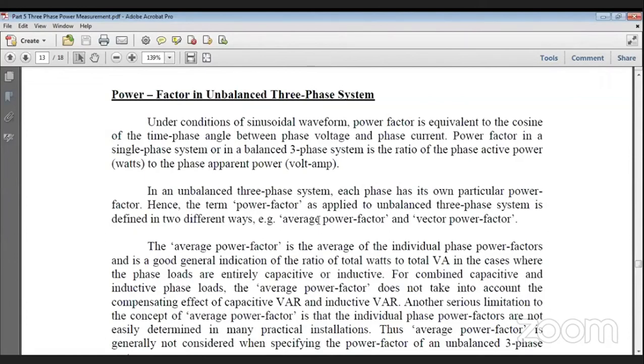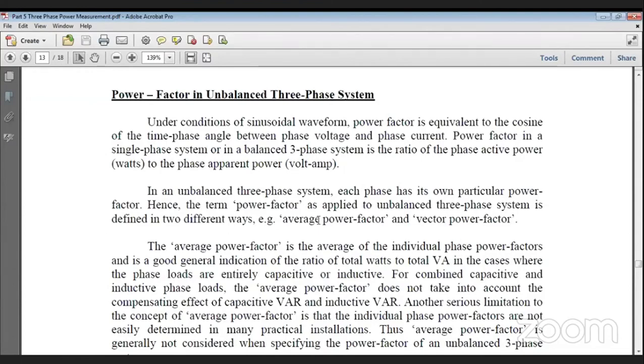And when reactive power is 0, the voltampere and active power are equal, because voltampere is the square root of watt square plus reactive power square. If reactive power is 0, the voltampere is equal to the watt. That means actually the power factor is 1. So power factor is very high, but the average power factor is showing poor power factor. So then a company will penalize me, but I will not accept that, because I have to pay for it.